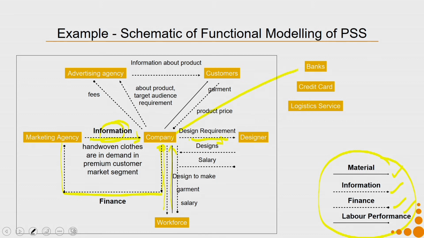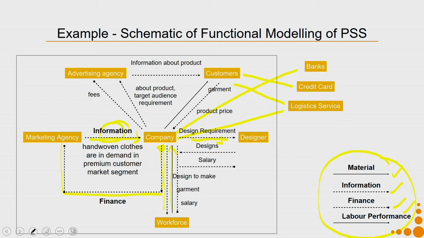Now, the customer, while making the purchase, might also use a credit card. In order to get the product from the company to the customers, I will use a logistics service. So, the company and the customer are connected to each other using the logistics services. So, all these are part of the environment for my given context.